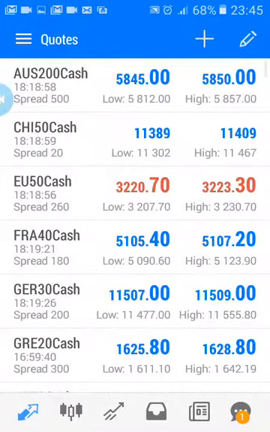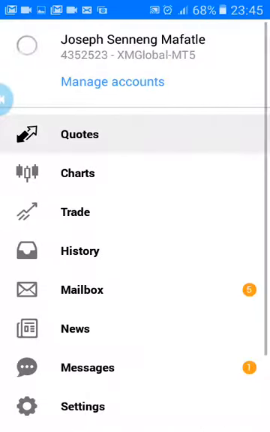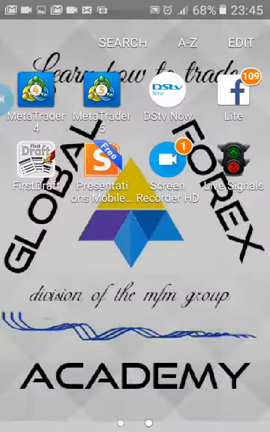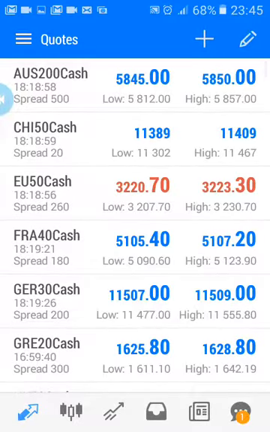Okay, so now let's look at the code platform here. Now this is your platform. Let us go back again to the start. This is your MetaTrader 5. You press it, you come in. The first thing that will open will be your code platform, because you have already logged in. If you want to go back to your initial logging in, you press that button there,